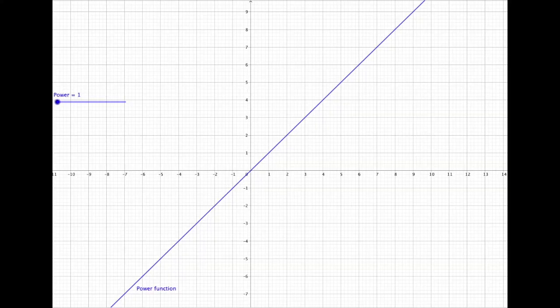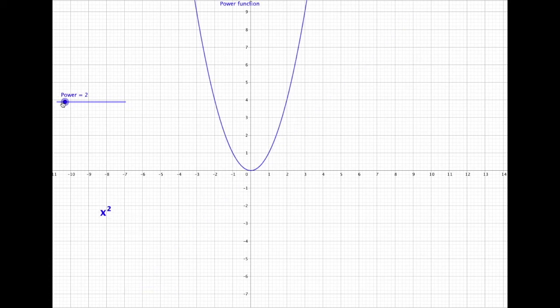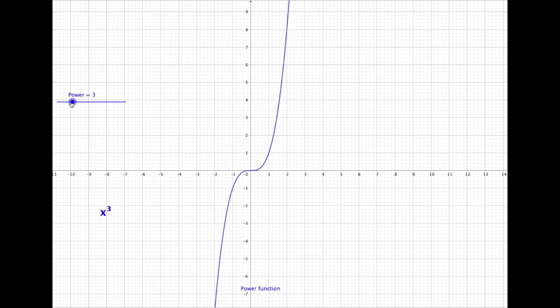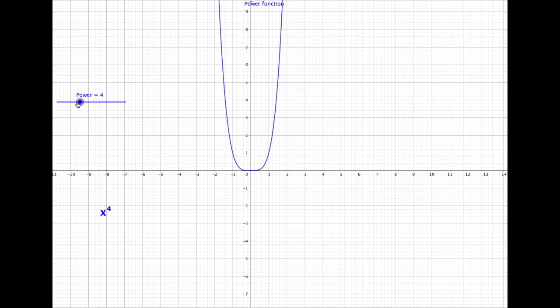There's a mention in this question about the difference between exponential functions and power functions. Now, power functions are functions of the form x to the n, where n is a positive integer. And so we start off with x to the 1, which is just x, so we've just got y equals x. And then we have x squared, which is familiar, as it's symmetrical in the y-axis, x cubed, cubic, which is rotationally symmetrical by 180 degrees around 0,